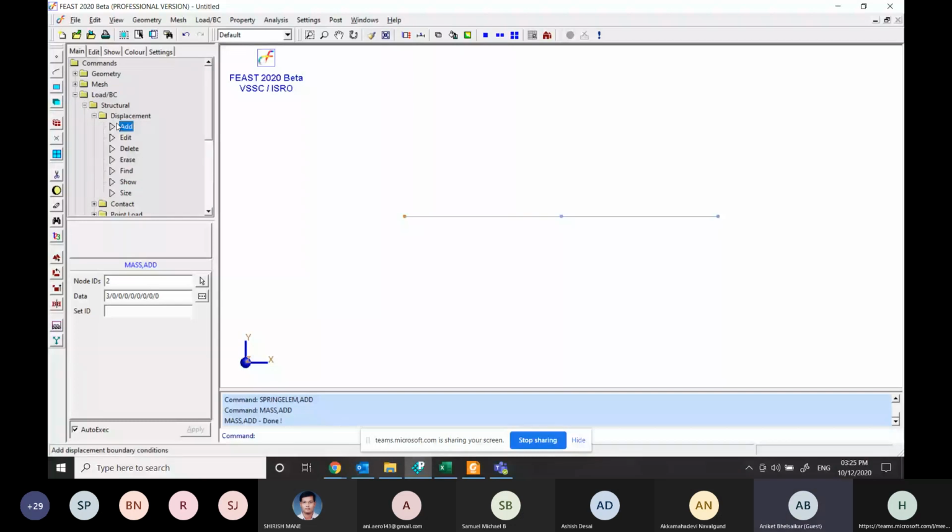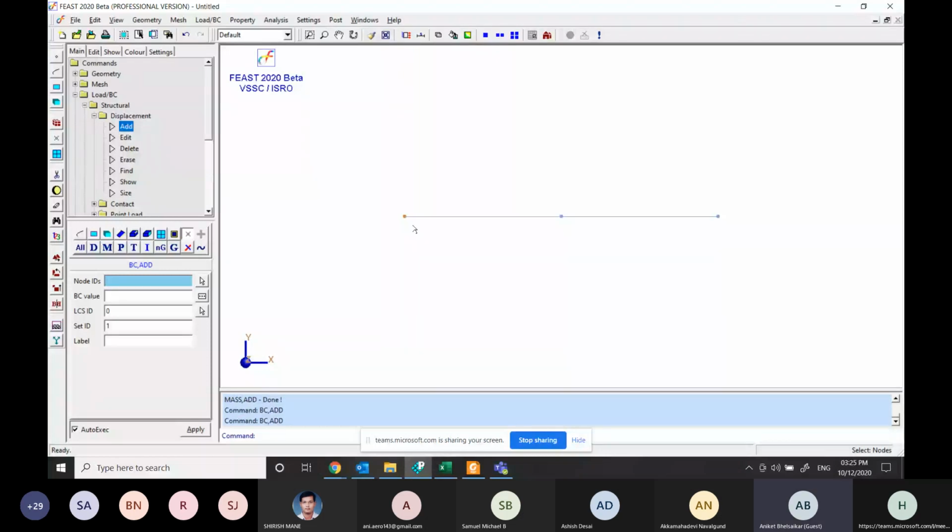Double click on add to invoke the command. Node IDs.